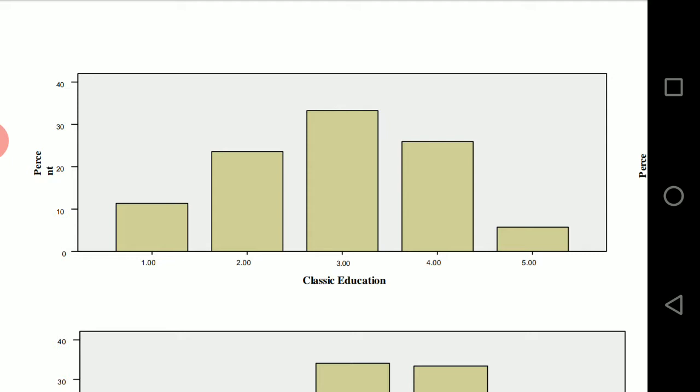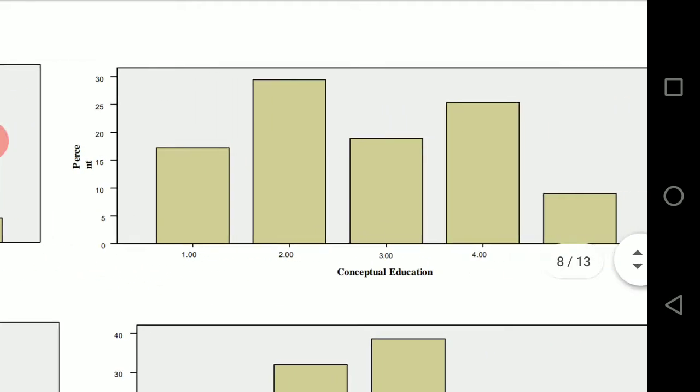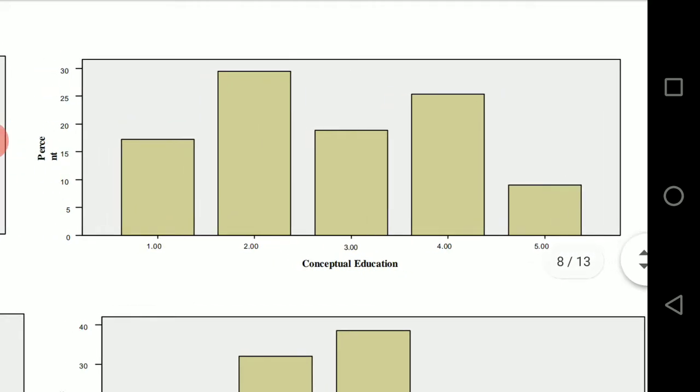You can see through the classical education diagram that 3.3 is higher than the remaining ones. Then conventional education indicates the point 2; 2 is higher than the remaining terms.